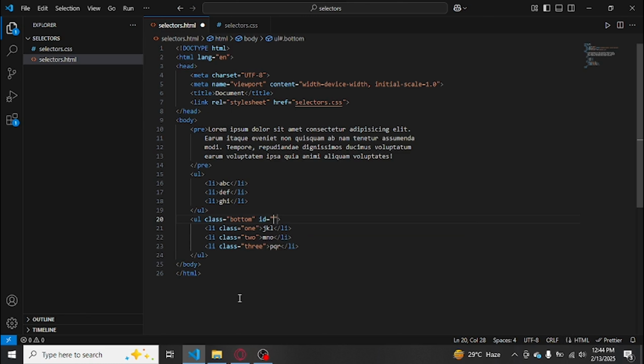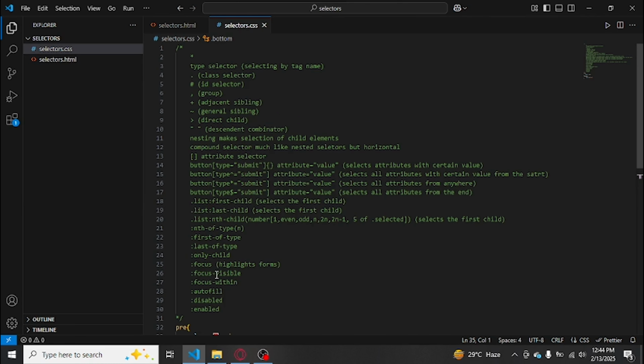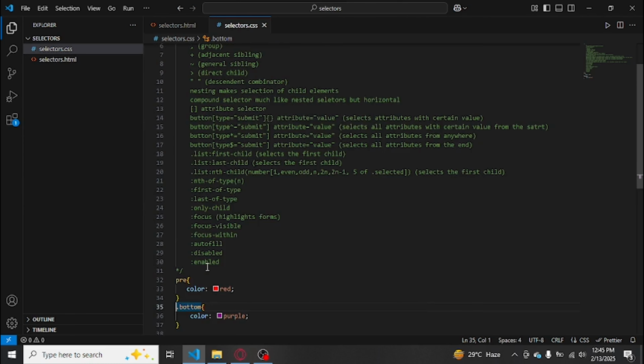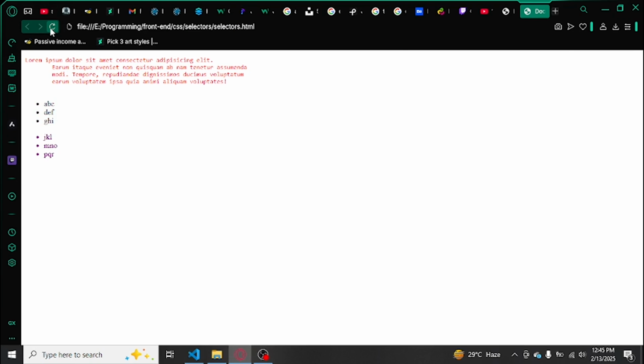Now over here, instead of typing UL, I could type dot bottom. This dot means it's the class. Now let's refresh. Now the bottommost tag is called the class, and over here, since we selected the class only